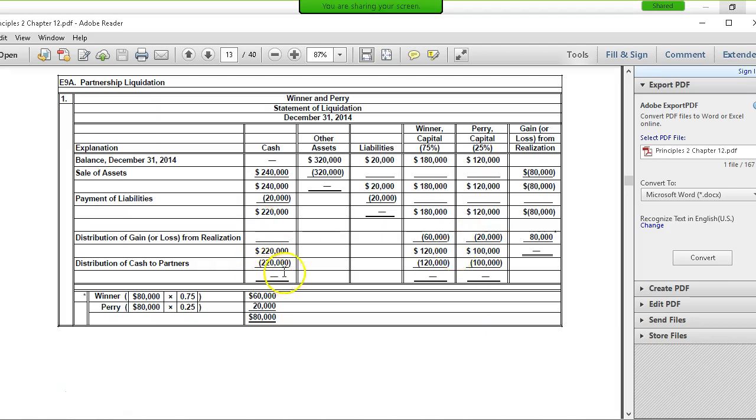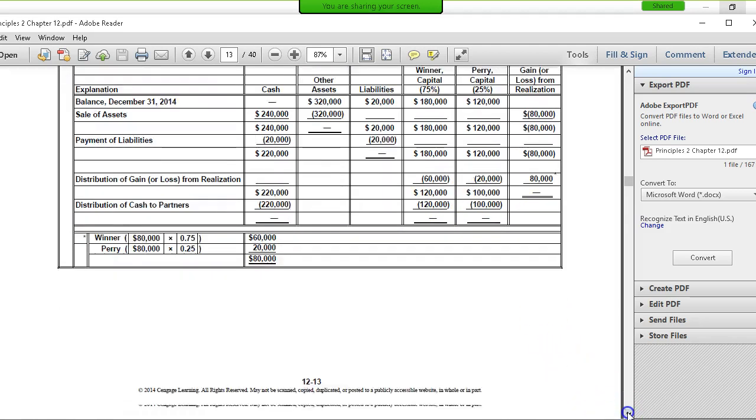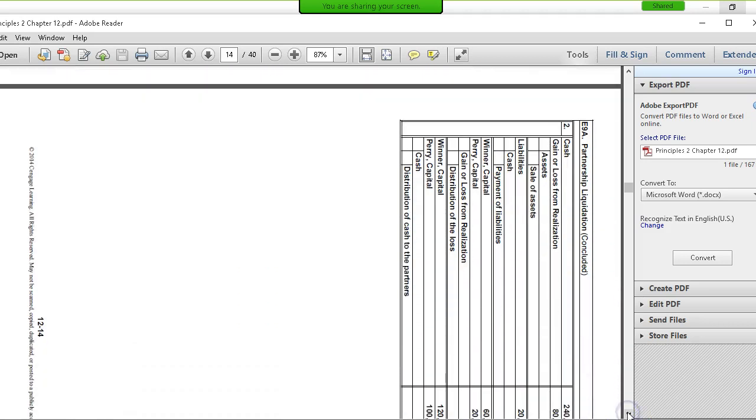We then have the $220,000. We can allocate the $120 to zero out his capital account, and the $100,000 to zero out Perry's capital account. Now, as you see here, on this one,